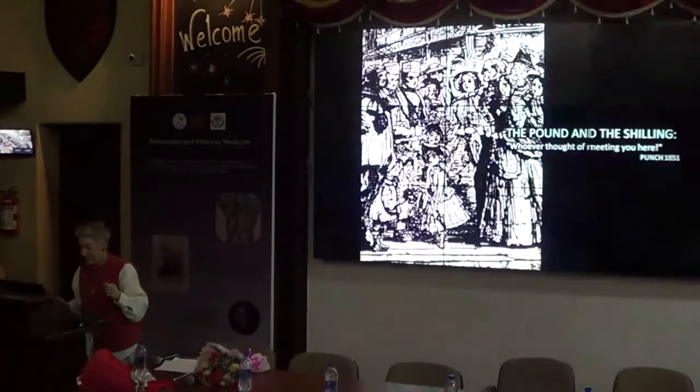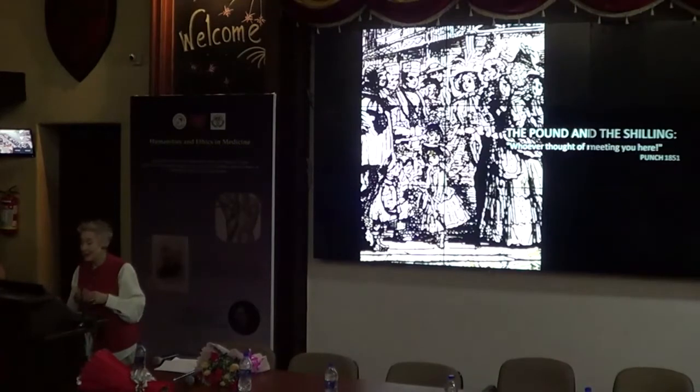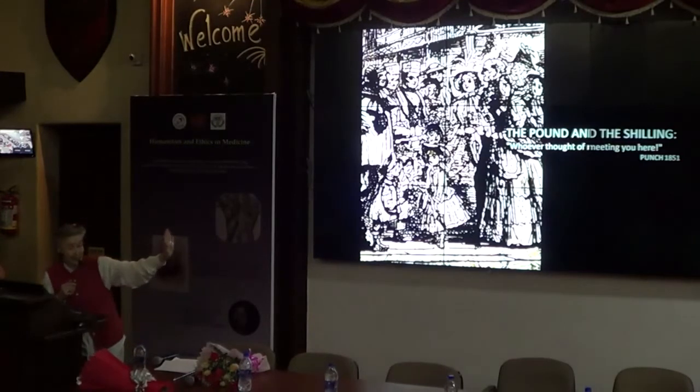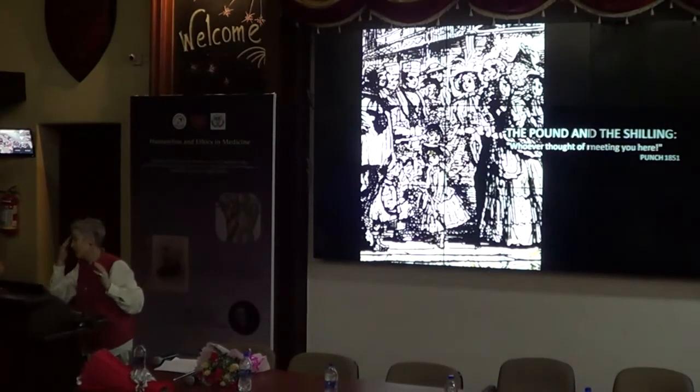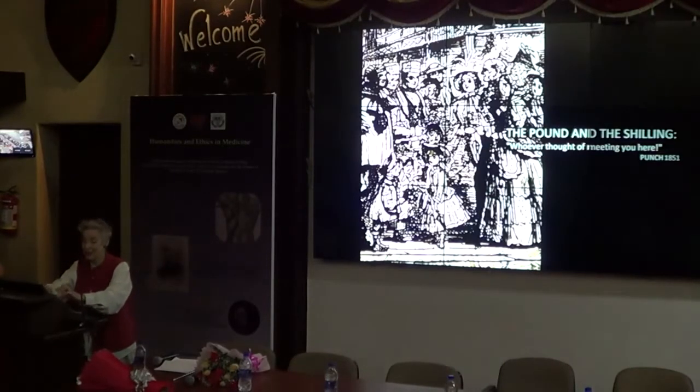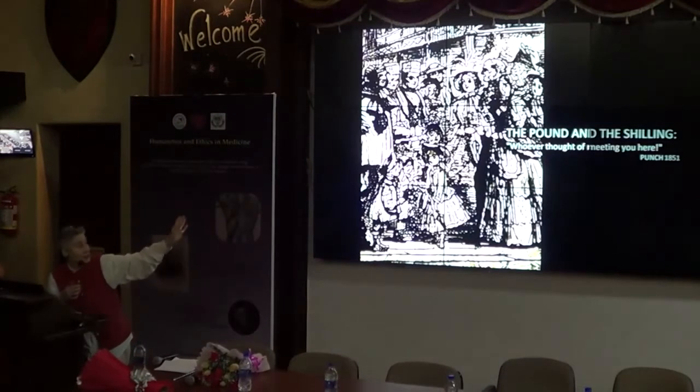And here is a cartoon from Punch, the caricature magazine, called The Pound and the Shilling. Whoever thought of meeting you here? And on the far side, they're rich people, and the man whose profile is being shown, I think, is meant to be the Duke of Wellington. And the little children in the foreground, there's a rich girl and a poor boy meeting each other, and you can see the poorer parents, the poorer fathers